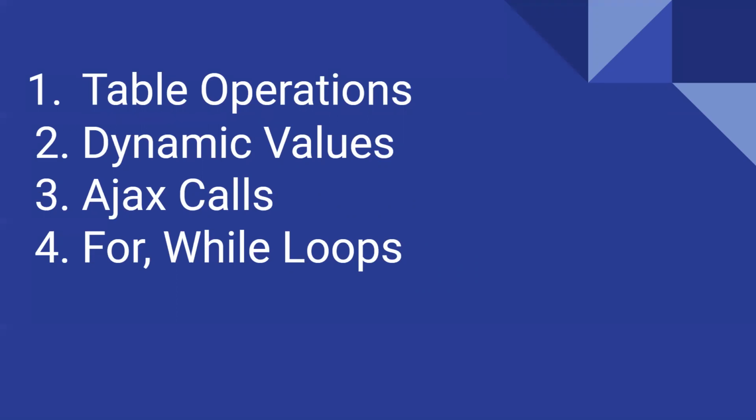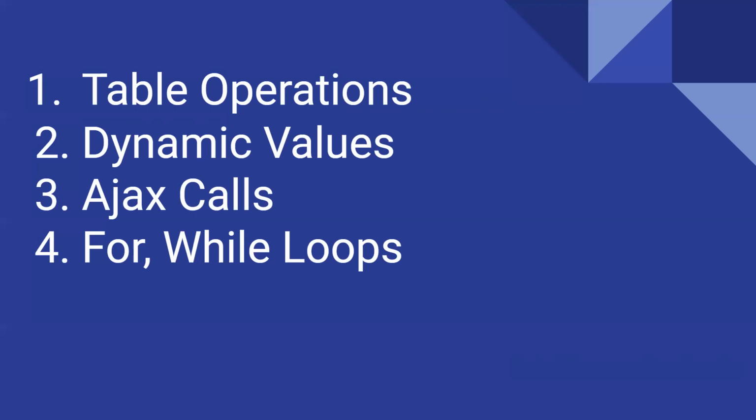Our next reason is Ajax calls. Suppose there is a web page and we are selecting one value. Based on the selected value, some other drop down or other values are getting populated, or maybe part of the web page is getting generated. In that case, we will not be able to use our record feature, because it will always be dynamic and the values and the properties of the object will not be constant.